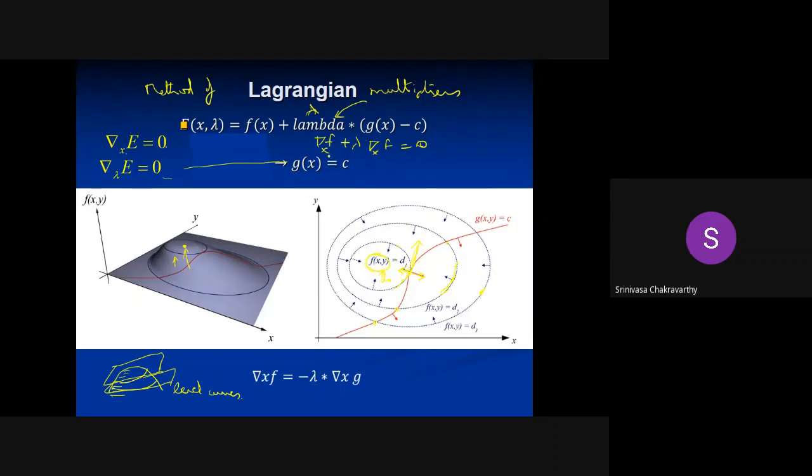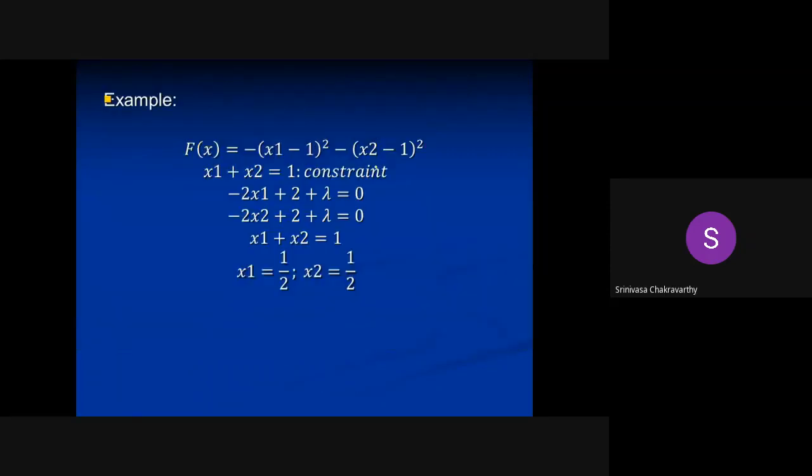Okay, so that is exactly what this equation means, because del of f is nothing but the normal to the level curves. You can easily show that. Oh, sorry, so this should be g, and del of g is the normal to the g function. So this equation says that both are parallel. Both have opposite sign, but they're parallel. So that's the intuitive idea behind the method of Lagrange multipliers, and you can use it to solve some interesting problems. Let's take a toy problem here.